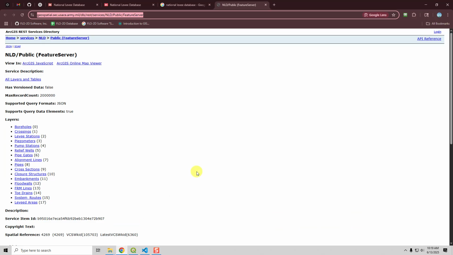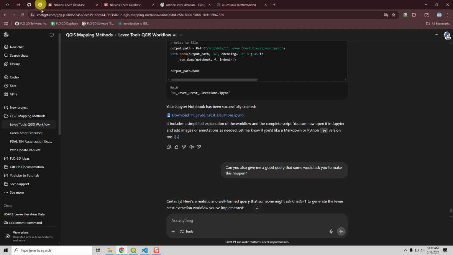So back here on ChatGPT, I worked on this, and I had to go back and forth in rounds between me and ChatGPT fixing bugs: no, you're not doing this quite right, I need you to do this instead. That took maybe an hour to get that levee processing tool. Then what I asked ChatGPT to do was to write out that workflow and that code into this Jupyter